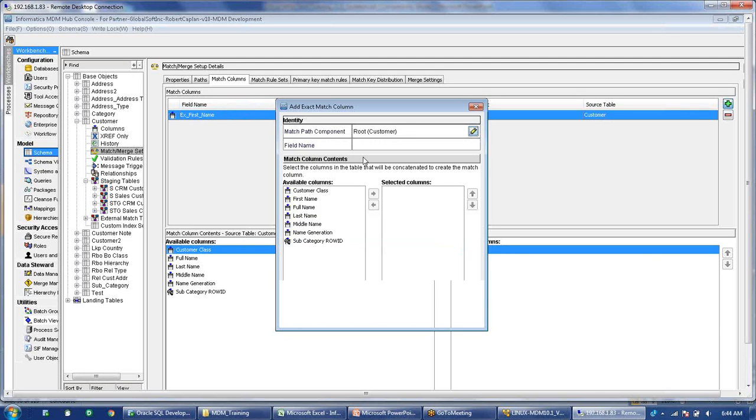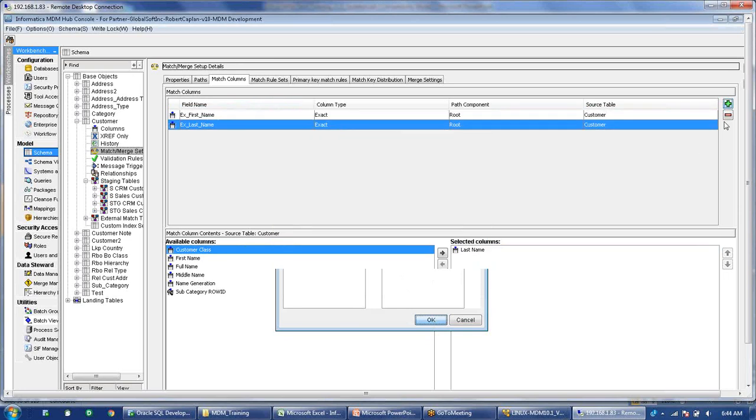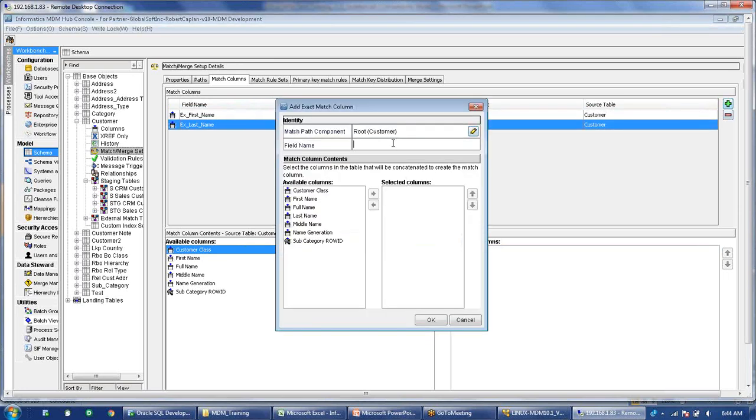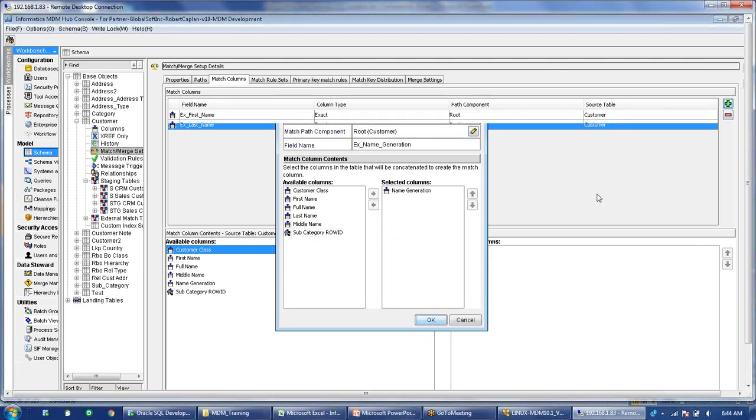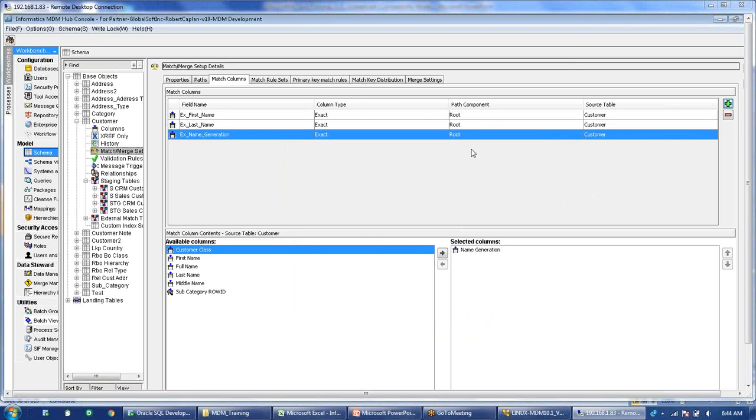So we'll add some more columns here. Like this, I need to add all the columns that I know I'm going to use for the matching purpose.